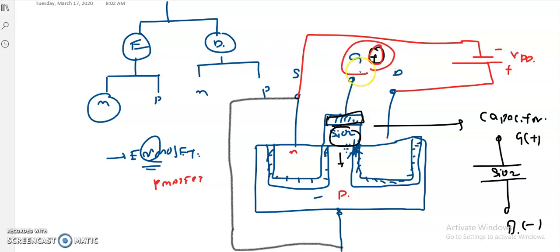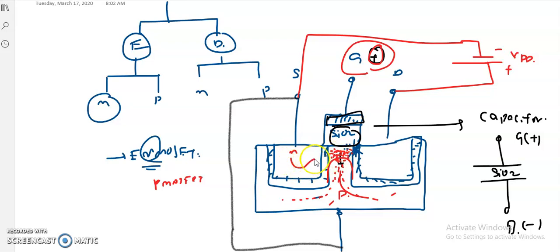So if the gate voltage is positive, then all the minority charge carriers in the p-type, those are electrons, will get attracted towards this point. Why? Because here I am applying the positive voltage. Now a bunch of electrons will accumulate here. Whenever the bunch of electrons is accumulated, the depletion layer will break down here. So whenever the depletion layer breaks down here, one channel is formed.